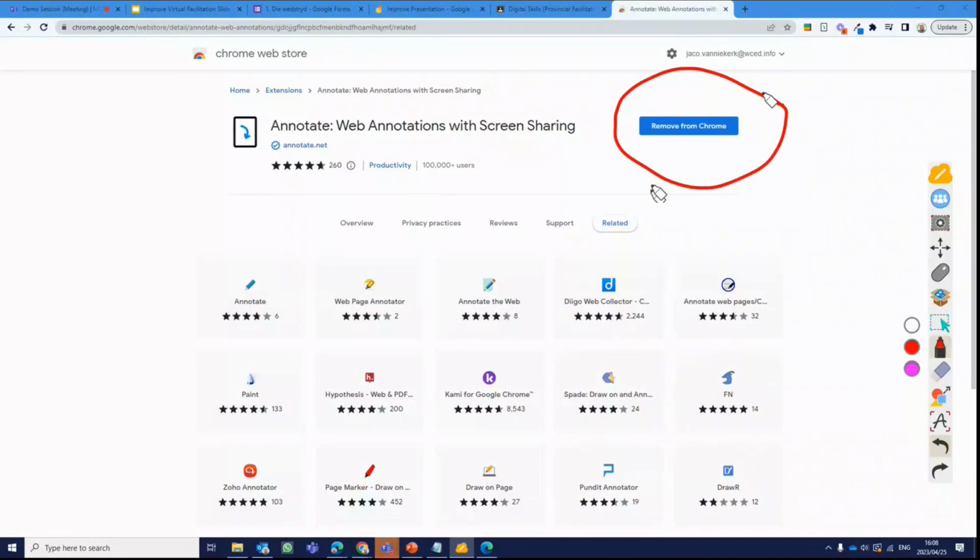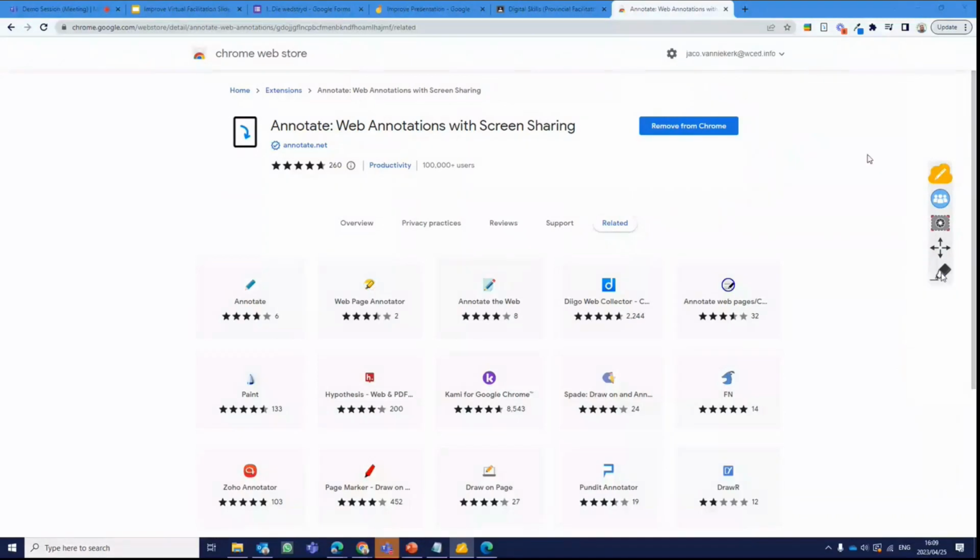Then you can just log in using your Google account, your Microsoft account, or various different accounts. You can also create an account if you want to. And very important, this is the extension that we're adding, right? So we're installing this extension. And to access any of our extensions,